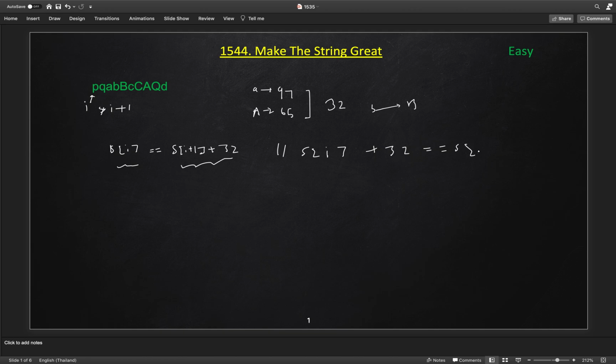If we find this condition, then we need to remove the two characters i and i plus 1 from our string and then reprocess using the same method on the reduced string.